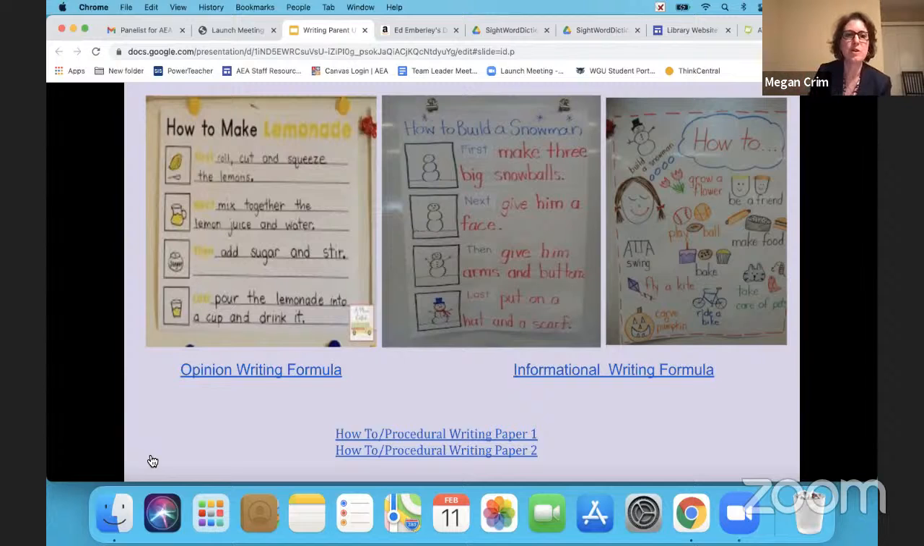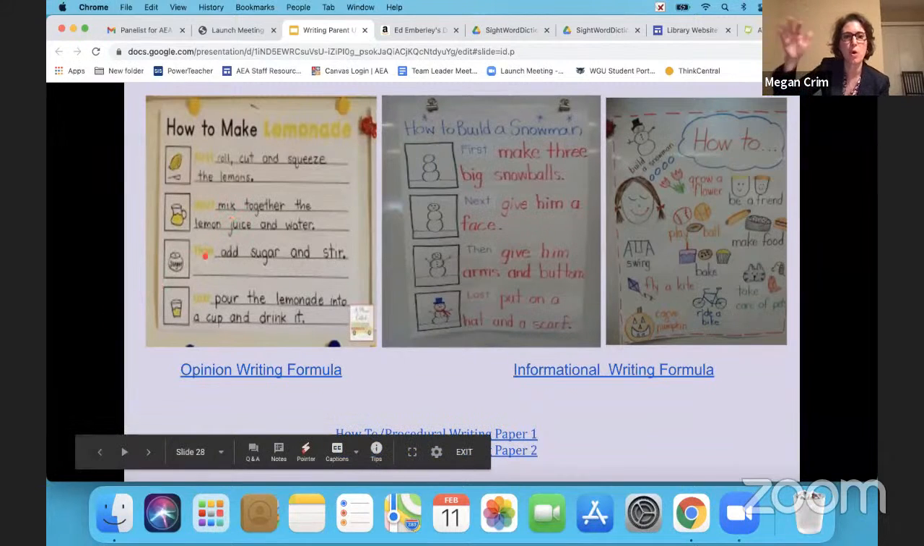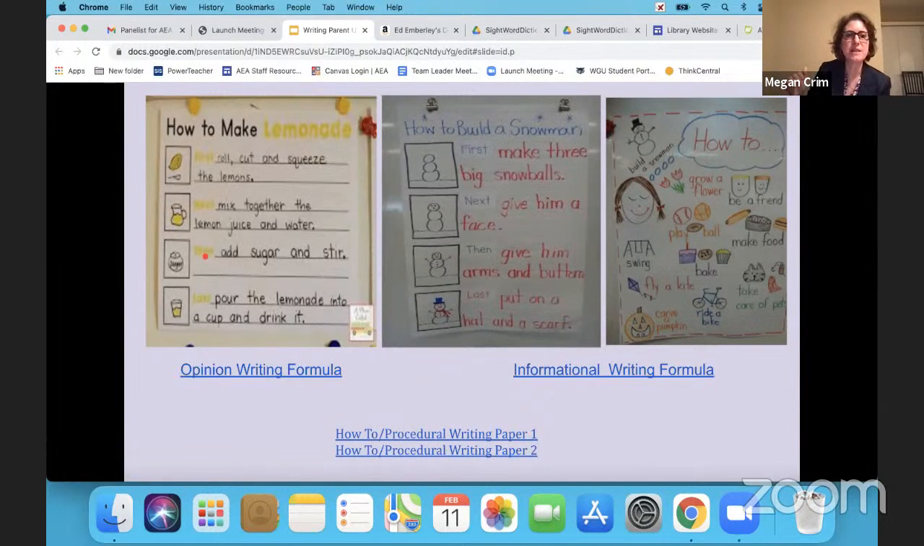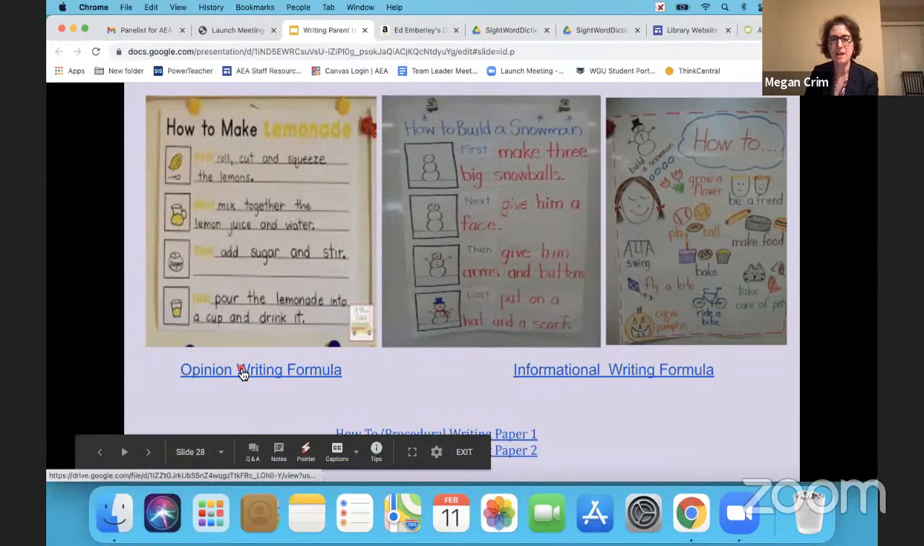First, here's how to make lemonade. First, you roll, cut, and squeeze the lemons. Next, mix together lemon juice and water. Then add sugar and stir. Last, pour lemonade into a cup and drink it. I think if I click on here,